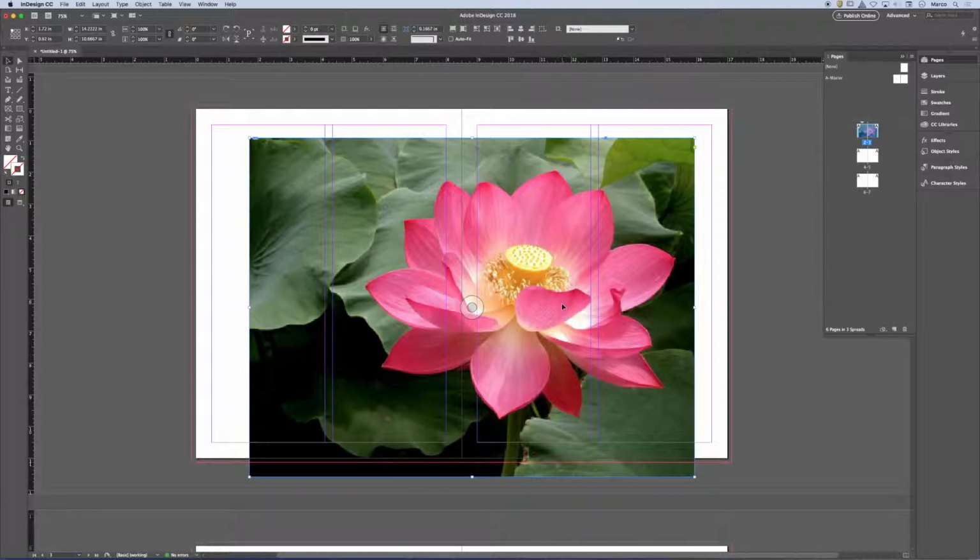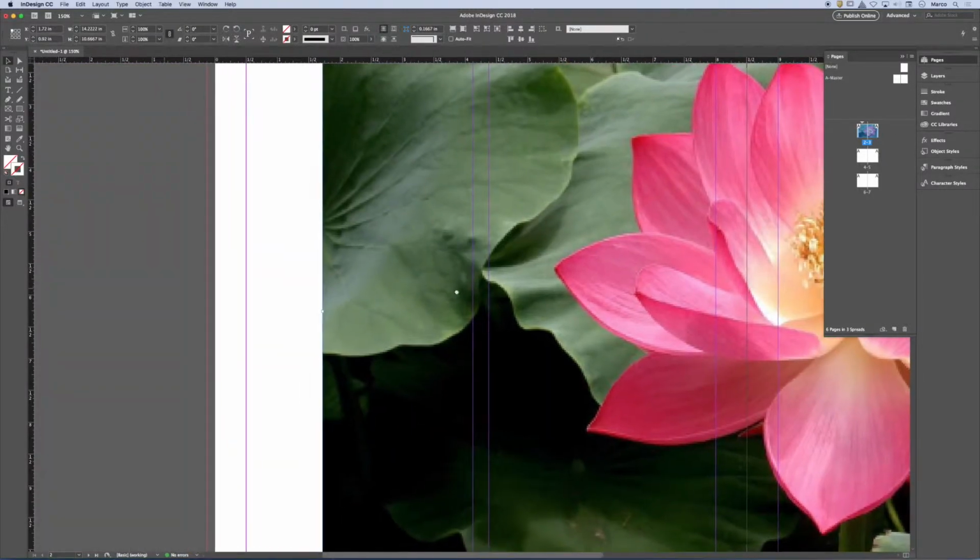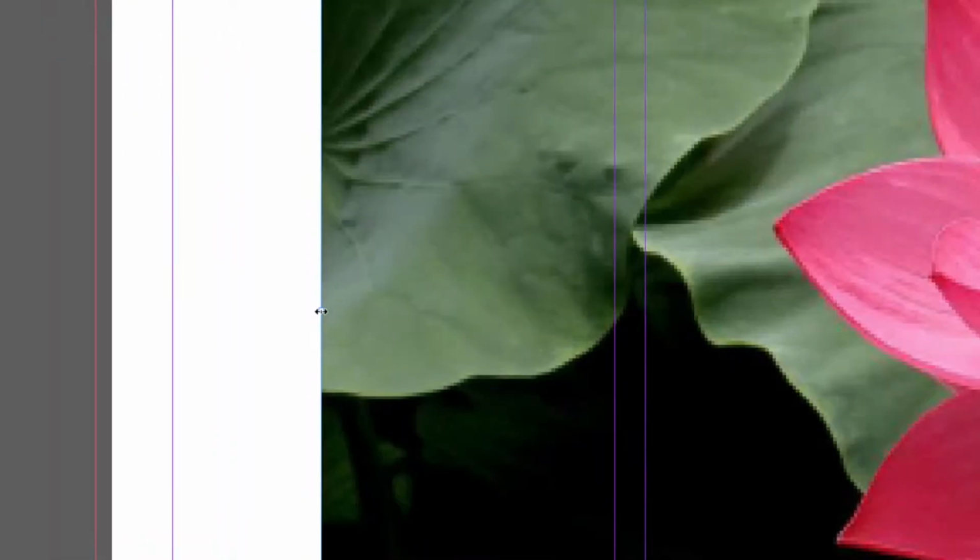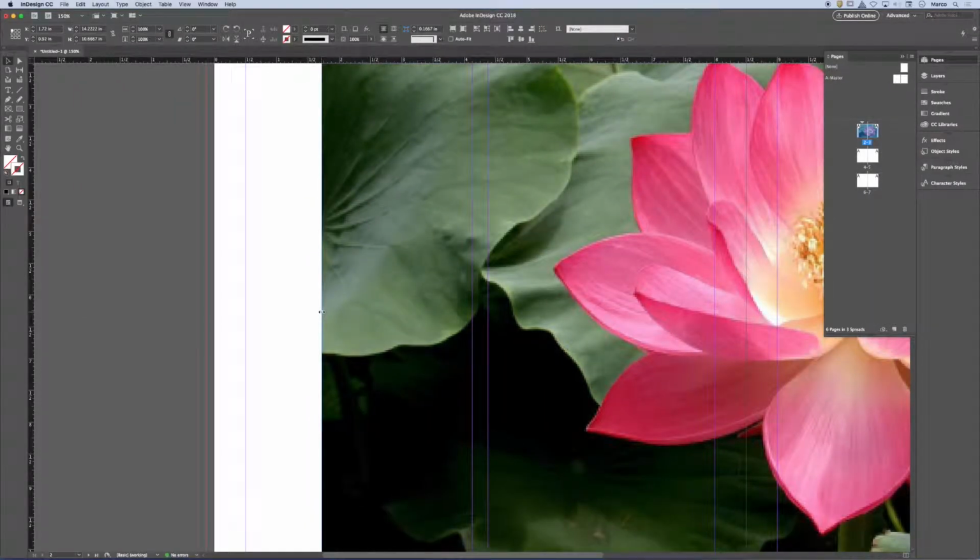Okay, so let's see this happen. I'm going to select only the outer edge. So you'll notice that, let me zoom in here. When I select or click right on the bounding box, you'll notice that my cursor changes to a double arrow. And when I click on this point, this is called a reference point, by the way. When I click on this reference point and I hold my mouse down on it and I drag to the